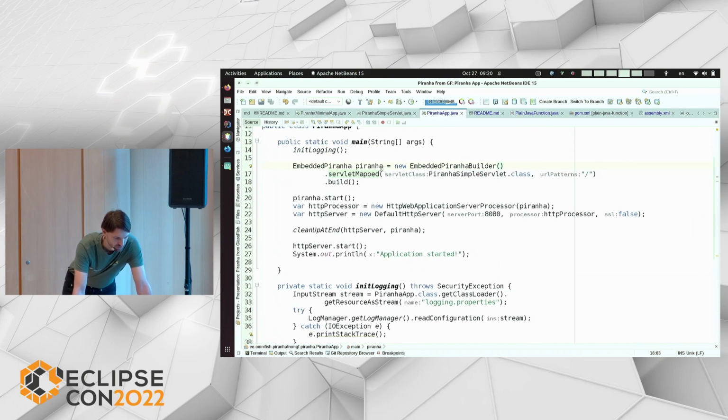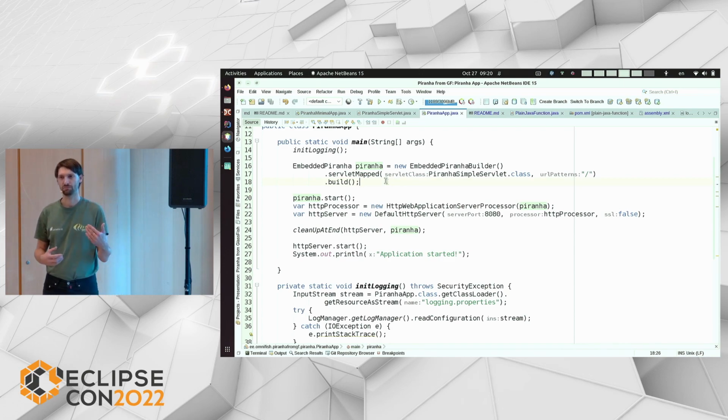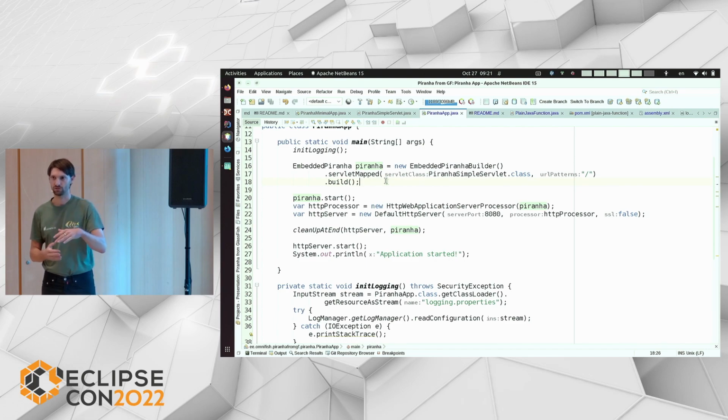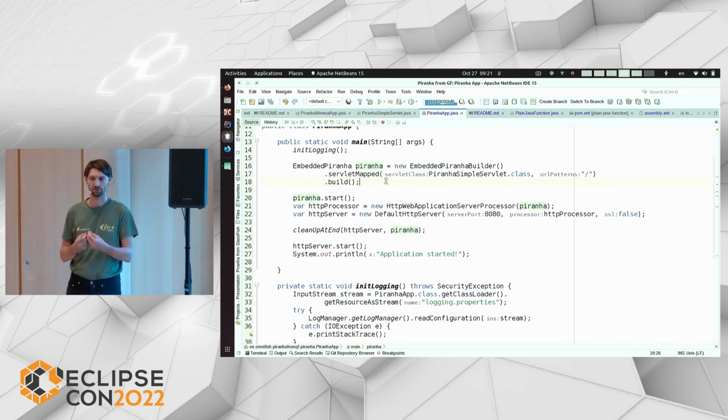And with Piranha, you have two ways of running it, basically. One is with HTTP, if you really need to serve HTTP requests, to do what GlassFish or other frameworks do. But Piranha does it in two stages. You first initialize the container itself.